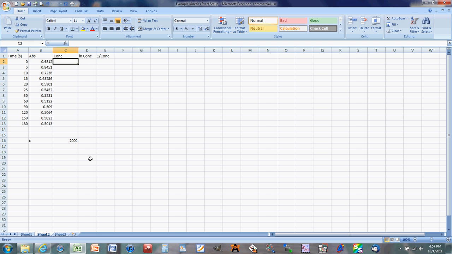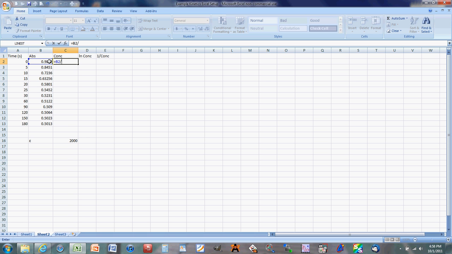That's one method. The other method, which is for very simple functions, typically pretty common ones, is that you start off in the cell, you click it, and you have to start out with equals. Now it's set up to design a function. Now what I want to do, by using Beer's law to find the concentration, is absorbance over the epsilon value. So if you click on the absorbance cell, you see it highlights B2